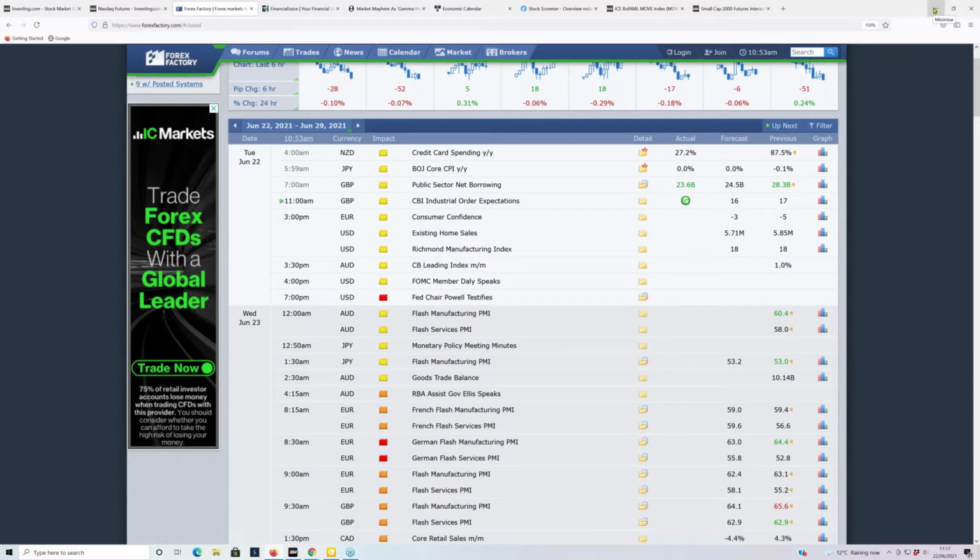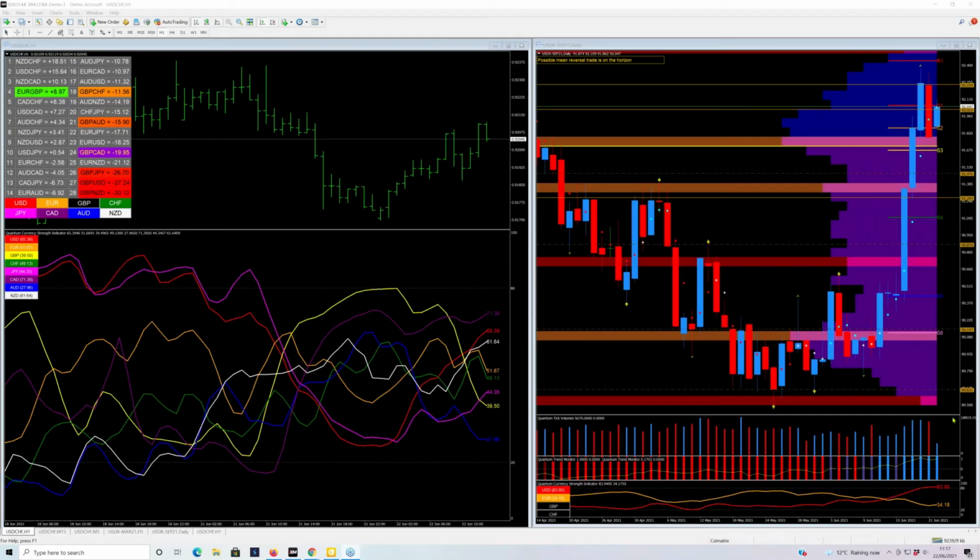Now, a lot of people couldn't really understand what was happening with the US dollar. This is the Dixie that I have on this account here. And we can see from yesterday, Friday, Thursday, it just completely went ballistic, as we can see here. As I've also said in one of my posts somewhere, there was an element of this move in the dollar that is what's called a short squeeze.